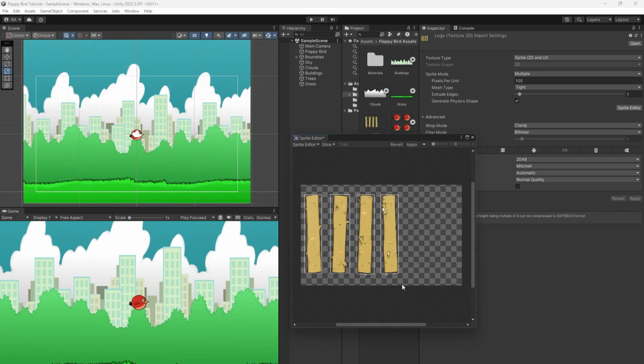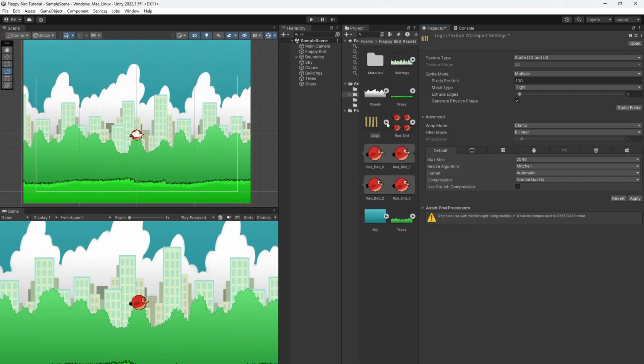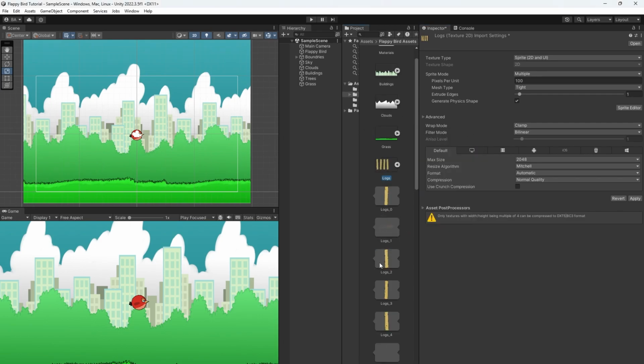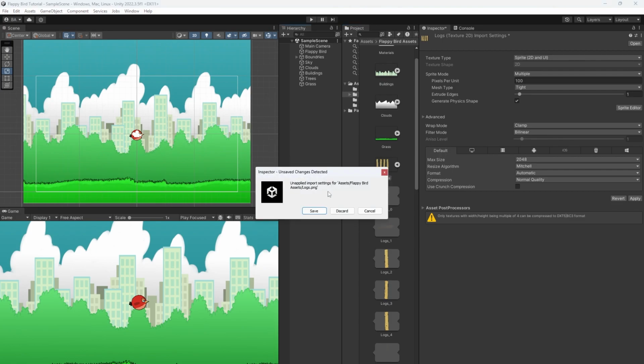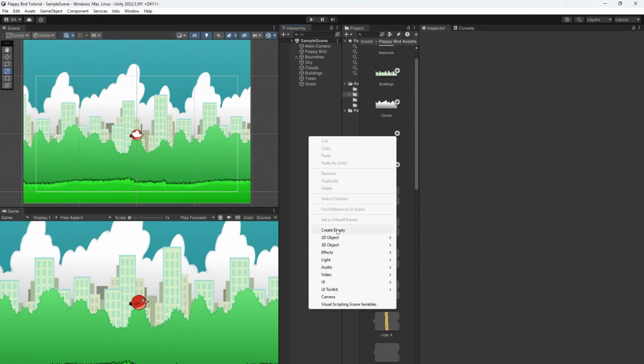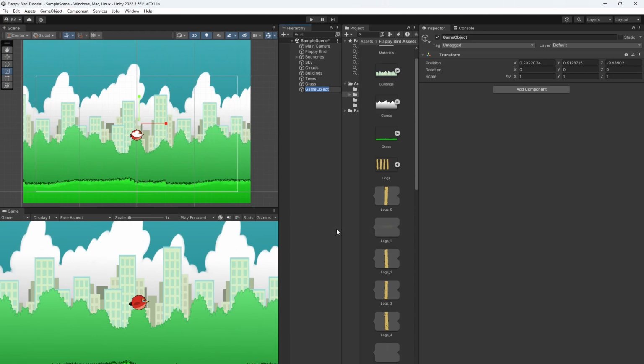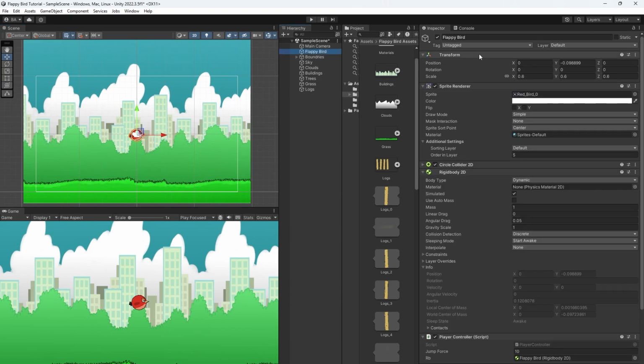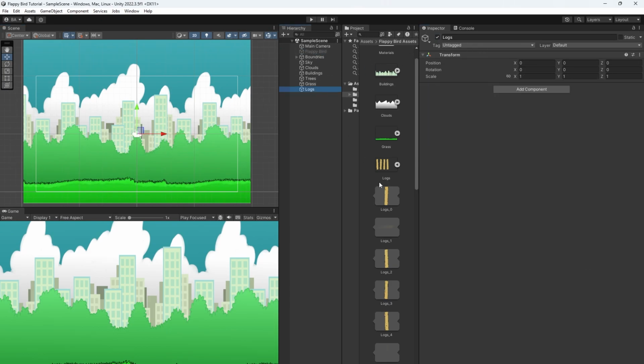And you can see it gets sliced. Okay, I will click apply, and you will see that all the sticks are sliced now. What I will do, I will create an empty object, and I will make it say logs, and reset the position, or make the Flappy Bird disabled, and just